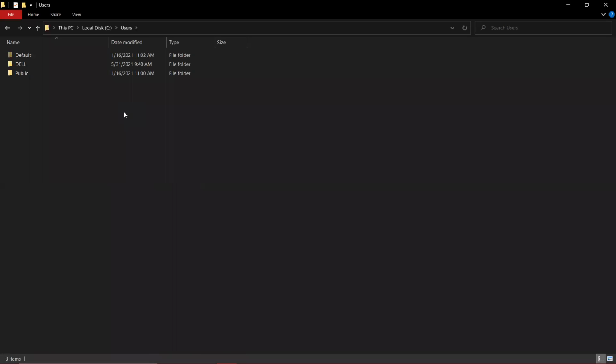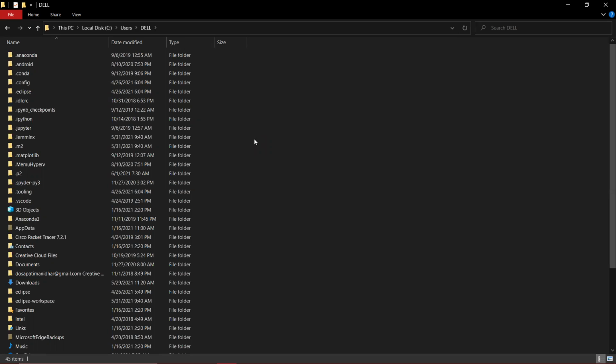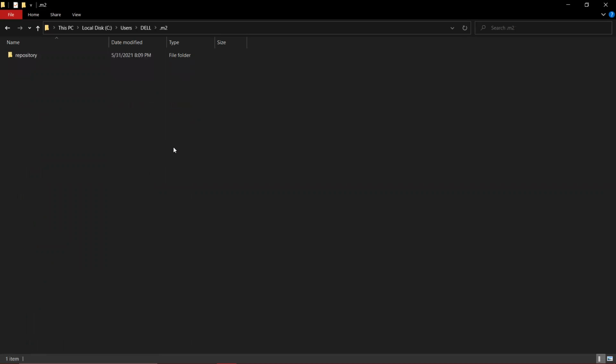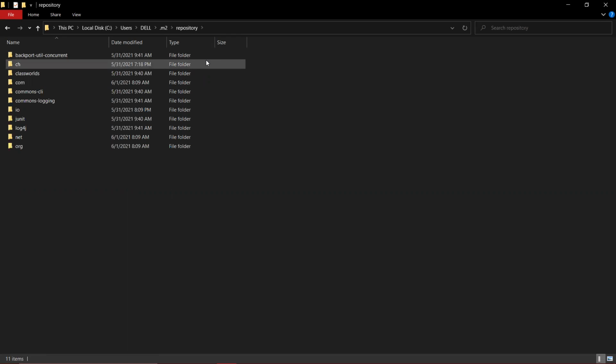Which is your one, Dell? Okay, open the Dell. Yes. The .m2 folder. Repository.